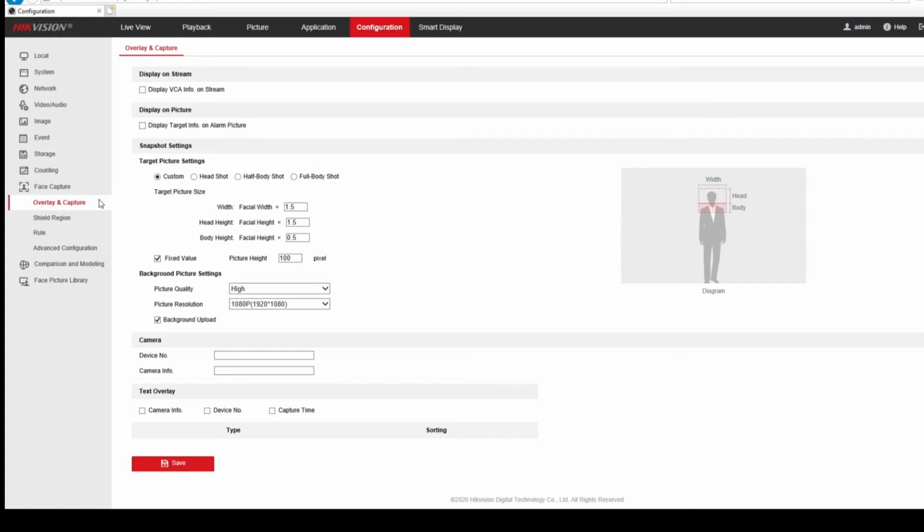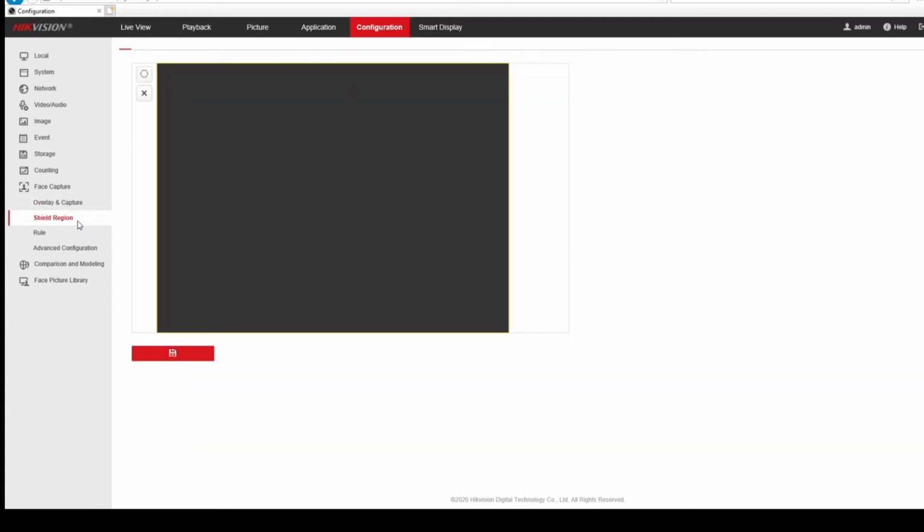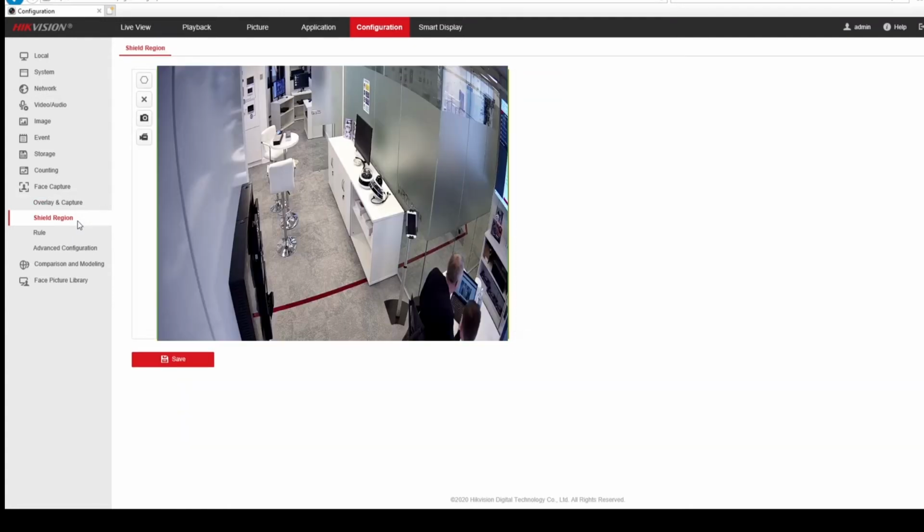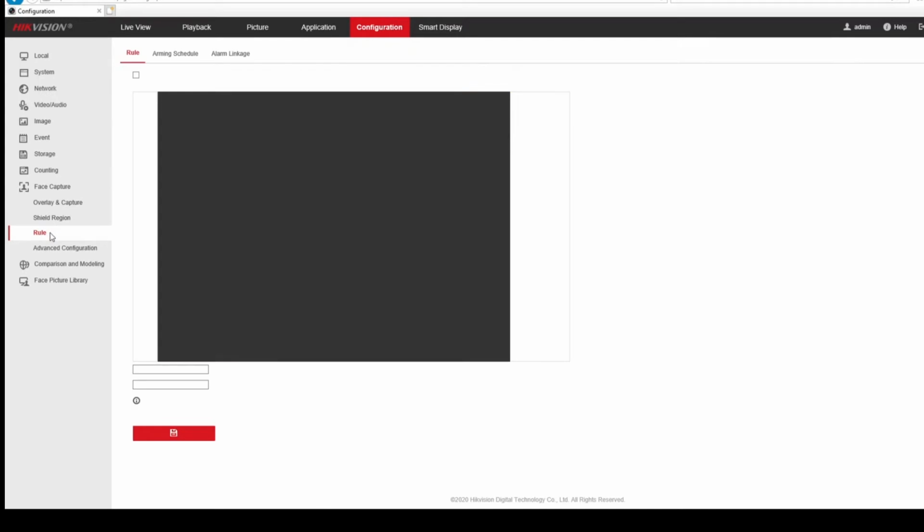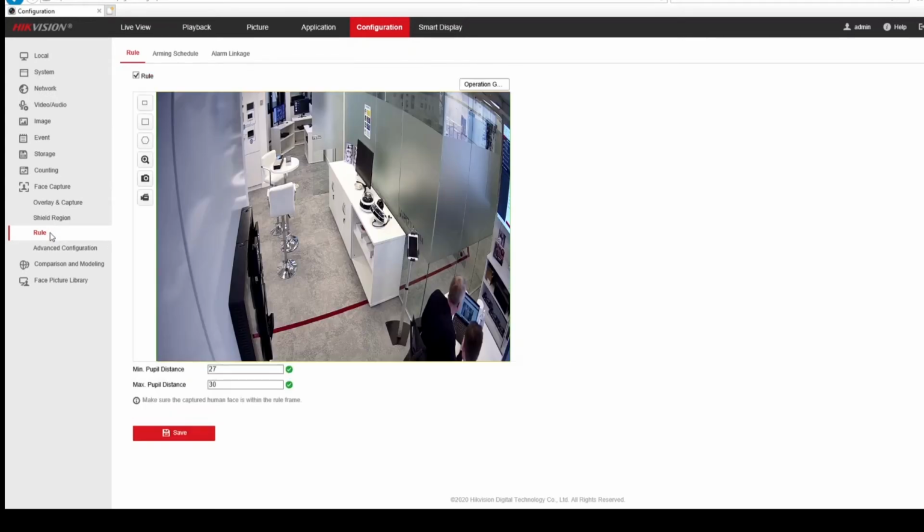Overlay and capture defines what information will be displayed on the camera view when a face is captured. We'll cover that in more detail later. Shield region lets you set an area in the scene where you don't want the camera to capture faces. And rule is where we set up the most important details. We click rule to make sure it's active, and then we need to set a few options to help the